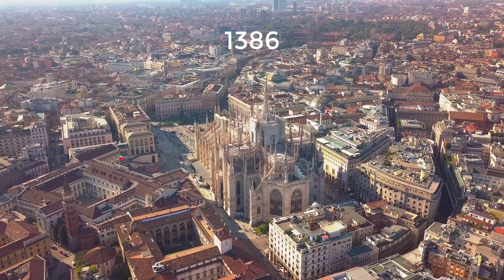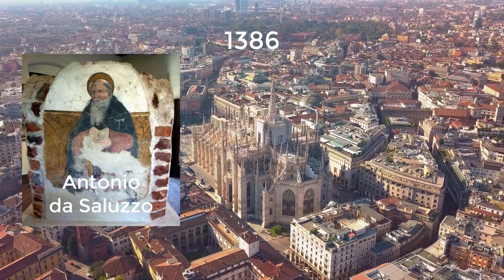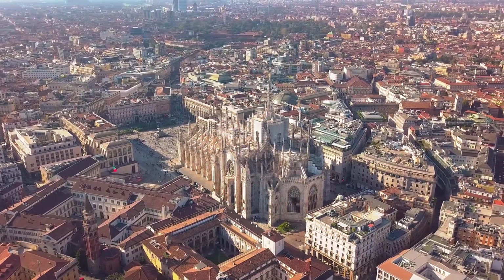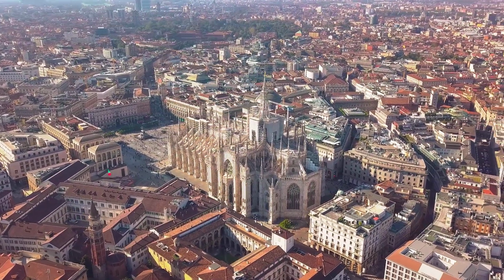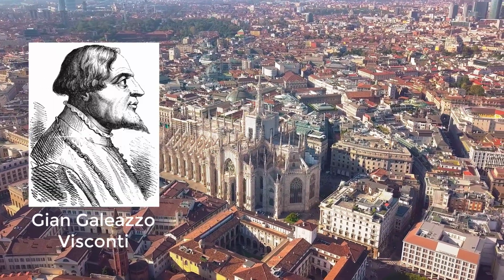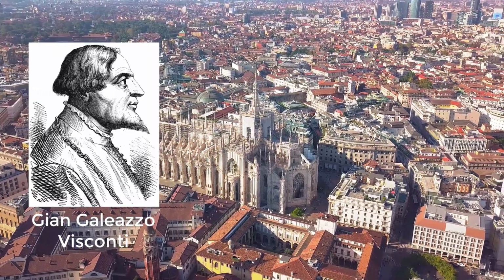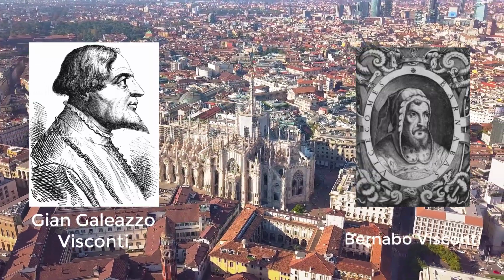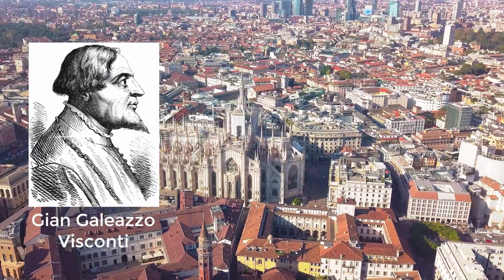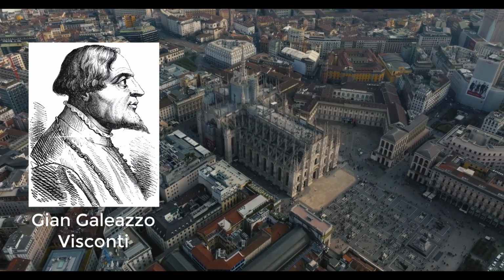In 1386, Archbishop Antonio da Saluzzo began construction of the cathedral. The start of the construction coincided with the ascension to power in Milan of the Archbishop's cousin, Gian Galeazzo Visconti, and was meant as a reward to the noble and working classes who had suffered under his tyrannical Visconti predecessor Barnabo. Galeazzo collected large donations for the work in progress, and the construction program was strictly regulated under the Fabbrica